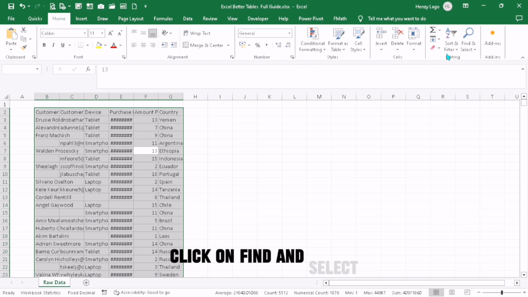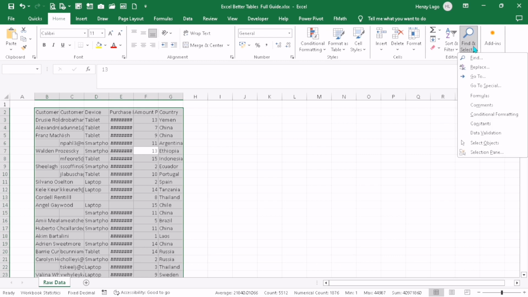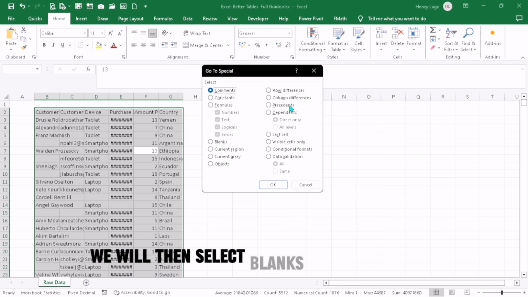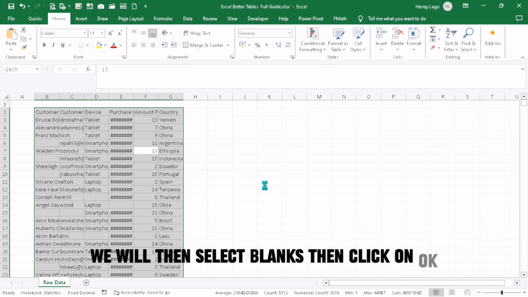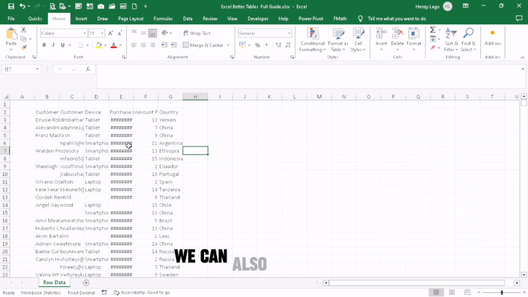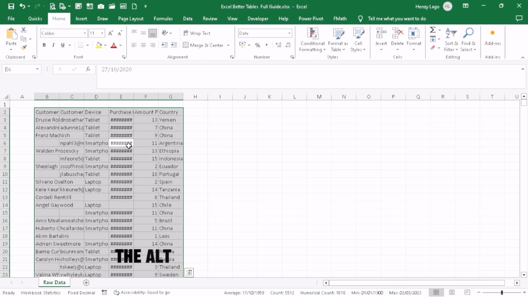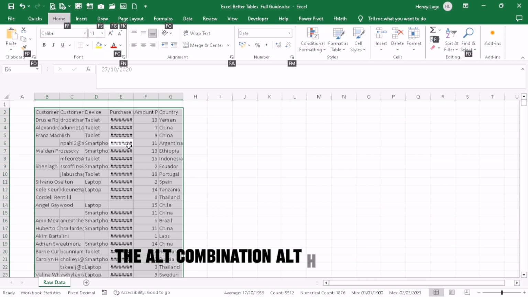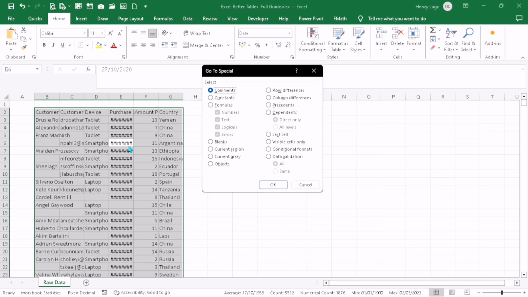Then, go to the Home tab, click on Find and Select, and then go to Special. We will then select blanks, then click on OK. This will select all the blank cells. We can also do this via the Alt combination Alt-H, F-D, and then S, select blanks, and then click on